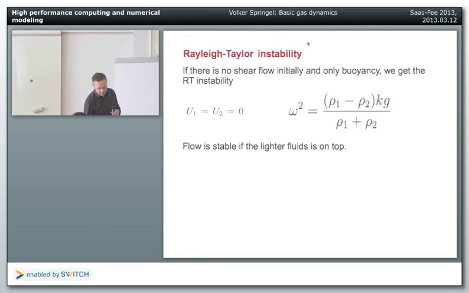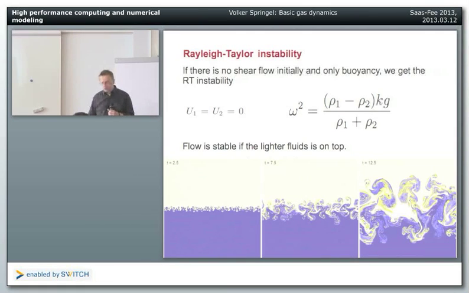Yeah, so we basically have here a situation. If the lighter fluid is on top, so if rho 2 is smaller than rho 1, then the lighter fluid is on top, the denser one is on the bottom. Then you have a stratification, which is stable, right? If it's the other way around, then you get imaginary solutions, and then you will be unstable to so-called Rayleigh-Taylor instabilities. And it's kind of intuitively clear, if you put a heavy fluid on top of a light fluid, then